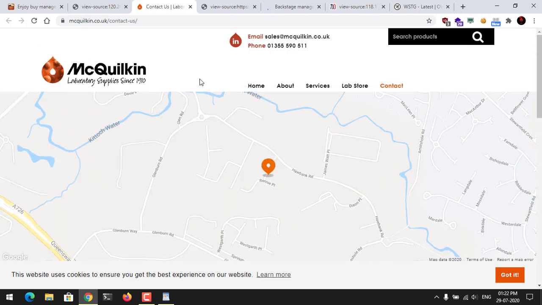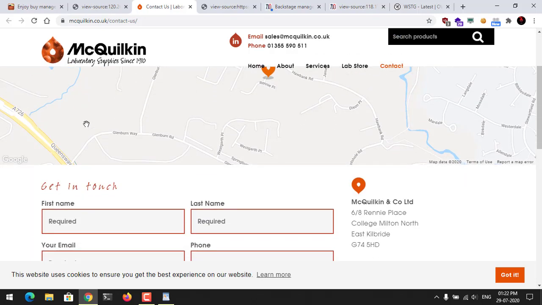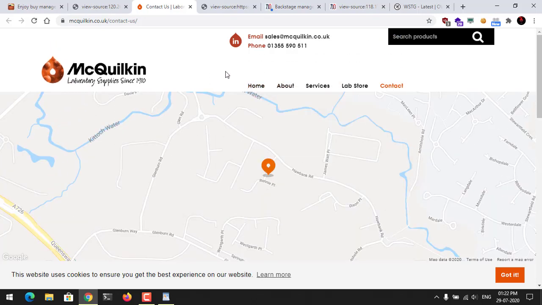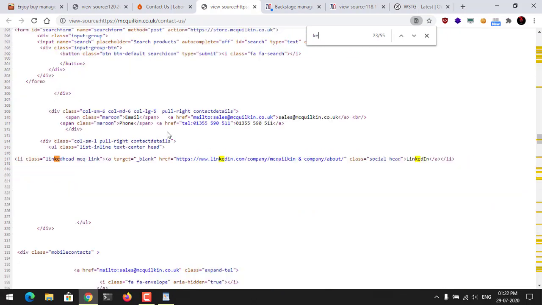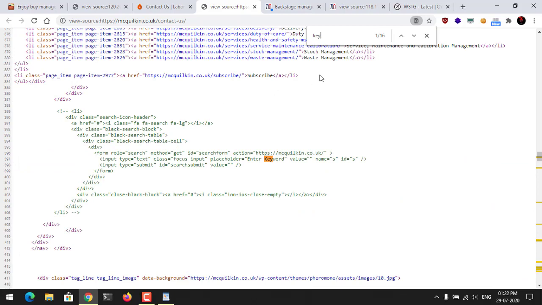I think on any web application, if you are able to find a locate us or Google Maps integration, then you quickly do a Ctrl+U where the source code will open, and you quickly check for key. There are 16.